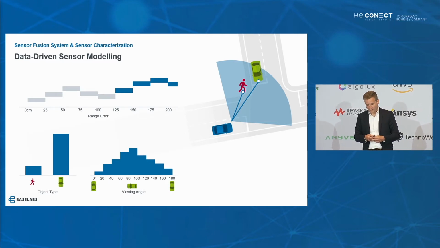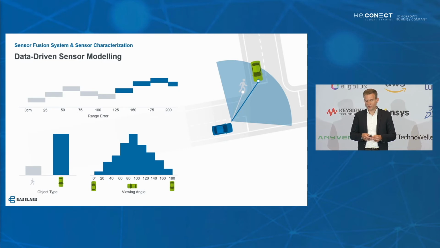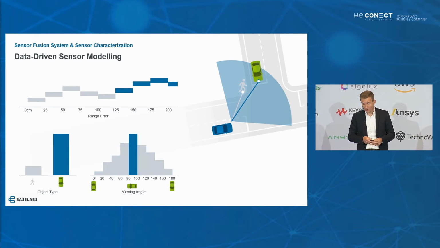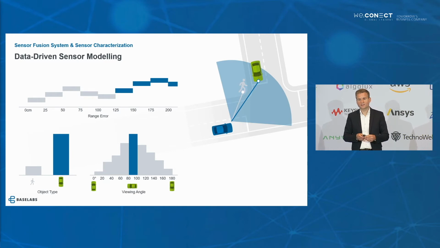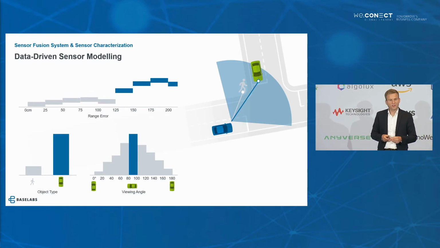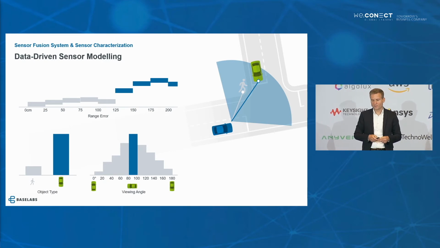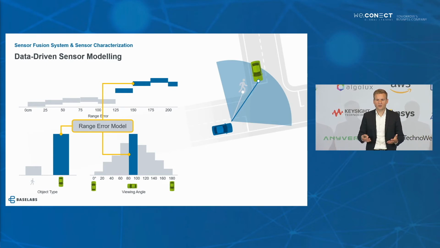Now the developer selects the cars only, and if he does this, the effect gets even stronger, and now he's sure that he has found the conditions and the model for his system. He selects the center bar, the 90 degrees value, which is the worst one, and then he sees that the range error really goes down. He really isolated the high range error for those two conditions, and from that he can build a model with the conditions and the actual model. And this is how he can trace that.